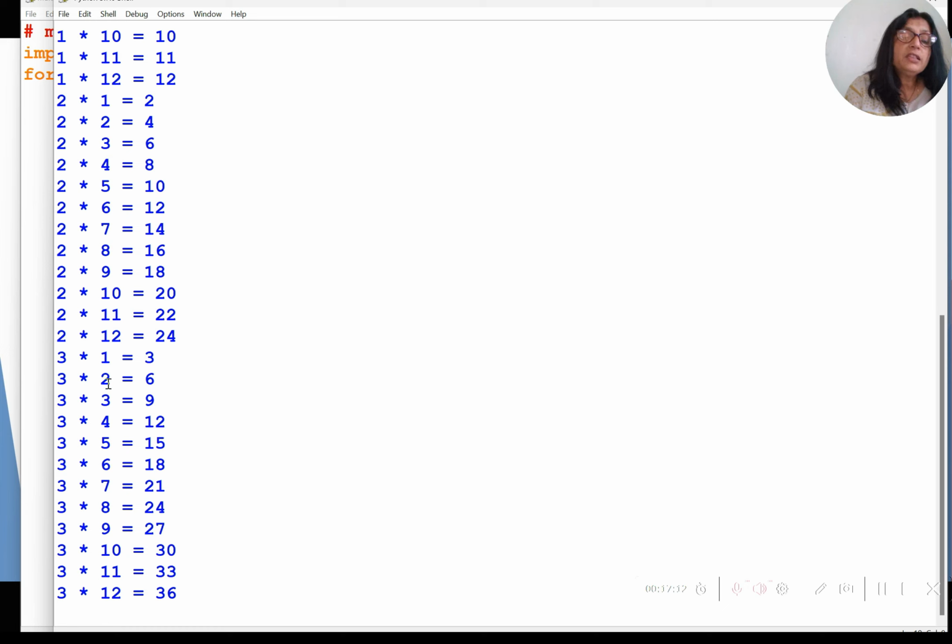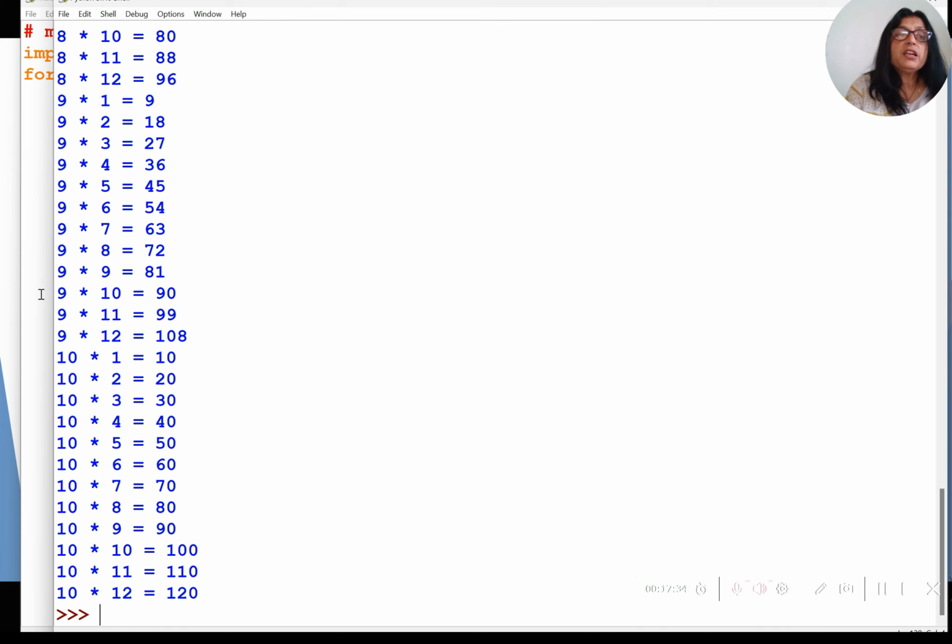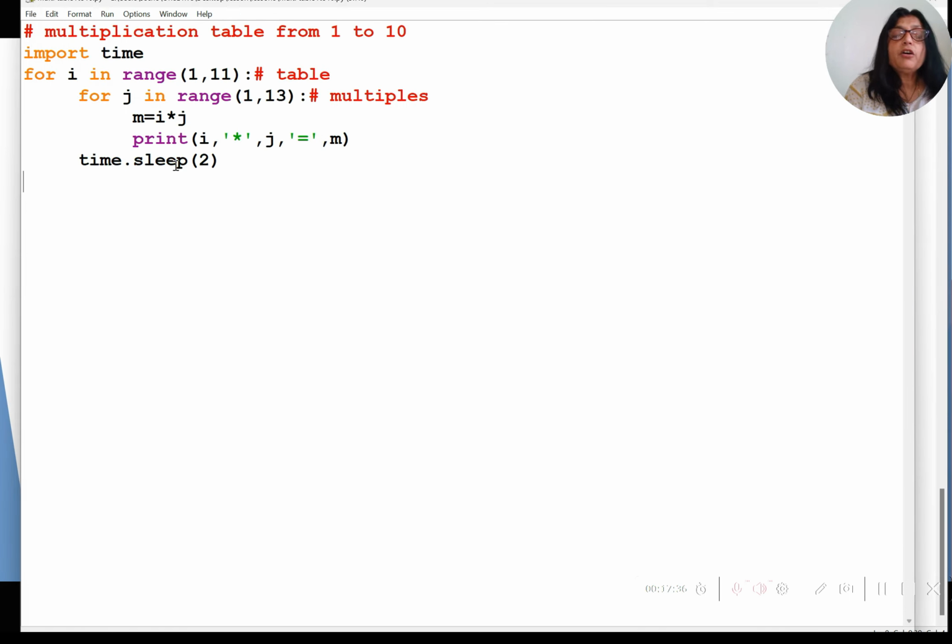it is displaying the second table, then the third table, then the fourth table, fifth table, then the sixth table, then the seventh table, then the 8th table, then 9th table, and then the 10th table. In between you must have noticed there is a pause. We have given this pause purposely, otherwise the clarity of the multiplication will not be there in the output. For that pause, how will you give the time? With the time module you can give sleep(2),